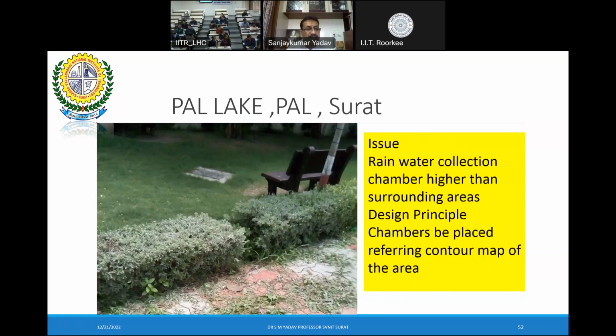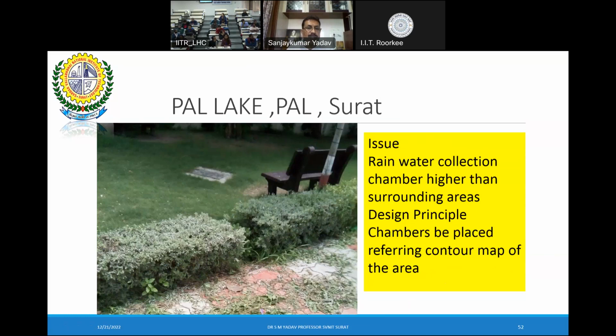Rainwater collection chambers: you can see here the rainwater collection chamber is higher than the adjoining areas, which will not drain the runoff produced in the adjoining area into the rainwater chamber, and it will not allow the water to flow into the pond. So chambers should be placed referring to the contour map of the area, at such a point where they can catch the maximum amount of water which can be